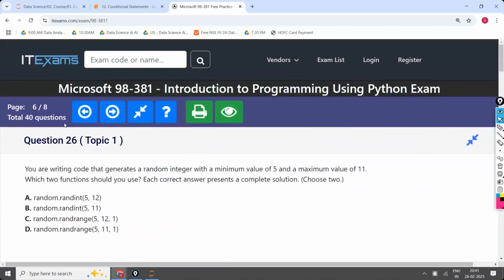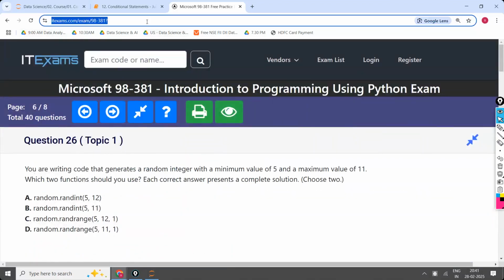Okay, it is not giving the next page. Up to this only it is going to give. Again,